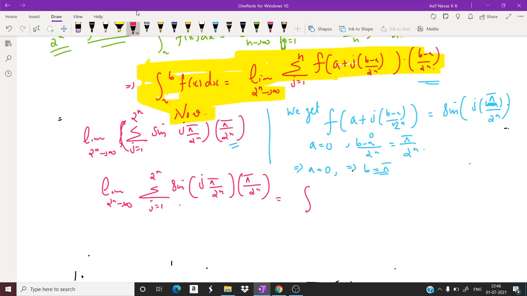This is equal to the integral. You know that formula, a is 0 to b, which is pi, with sine x instead of a plus, dx. So this is equal to minus cos x from 0 to pi. If I integrate this, minus 1 minus 1, this is equal to